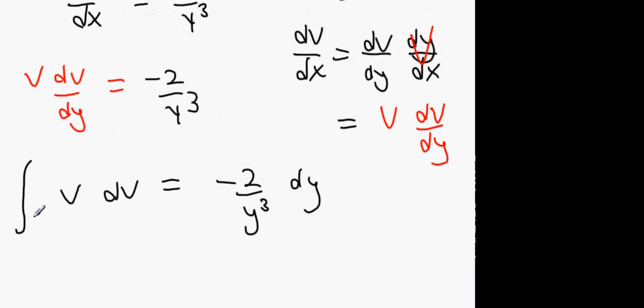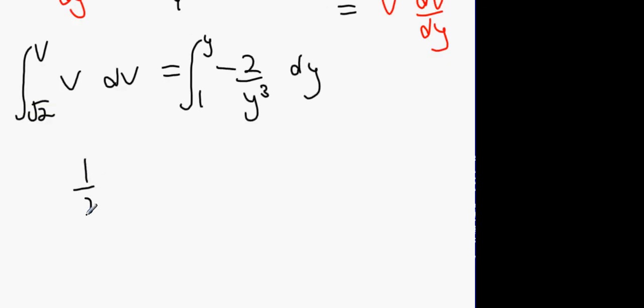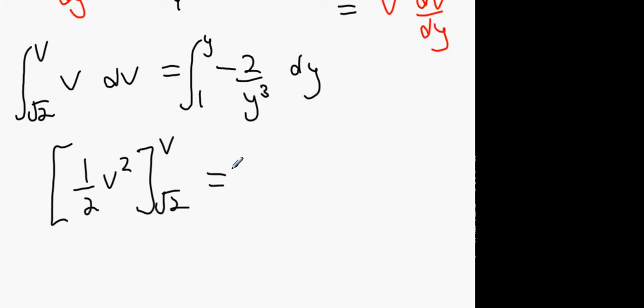Y is 1 when v is root 2. So root 2, 1 on the bottom, y on the top because it's y's, v on the top because it's v's. Integrate. A half v squared from v to root 2 equals,